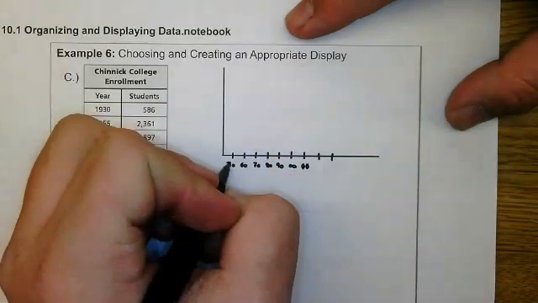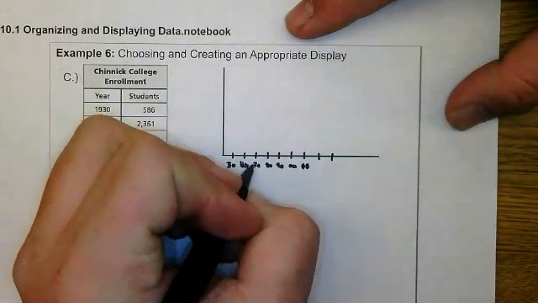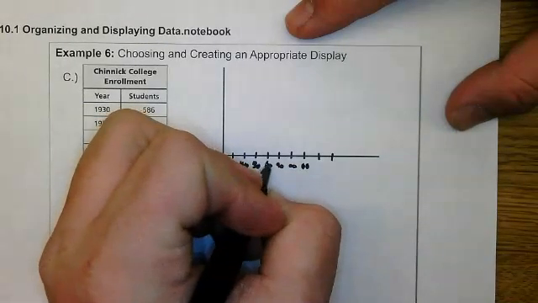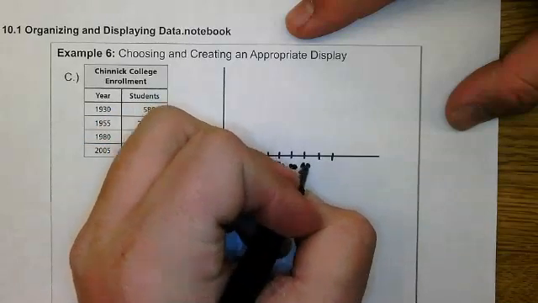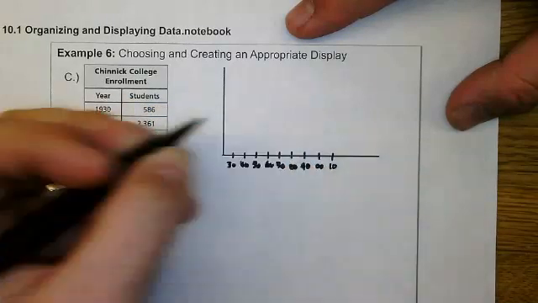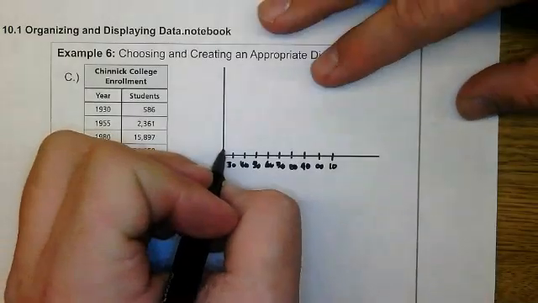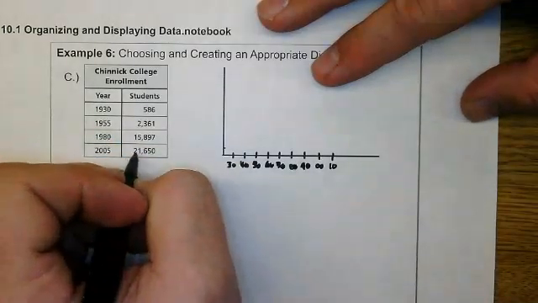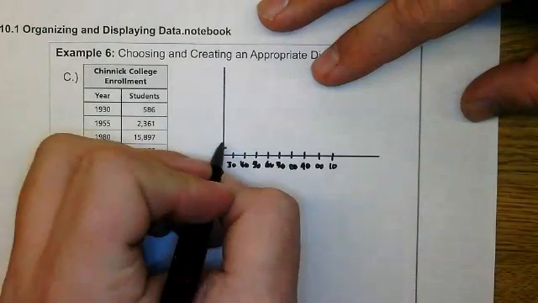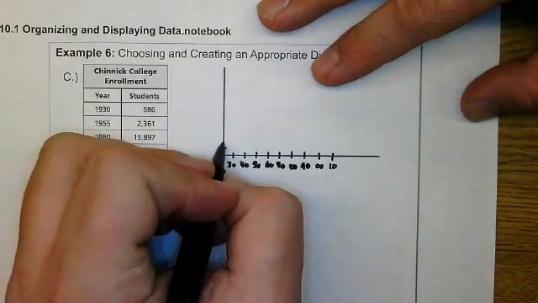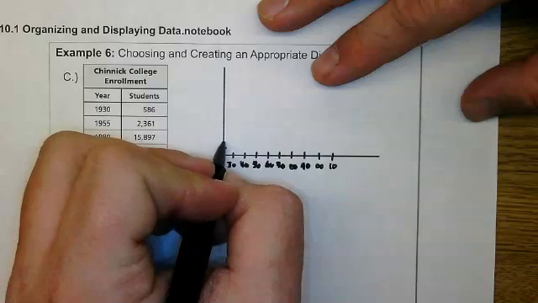Oh, sorry, 30, 40, 50, 60, 70, 80, 90, 2000, 2010. So then I would go up to 5, 1, 2,